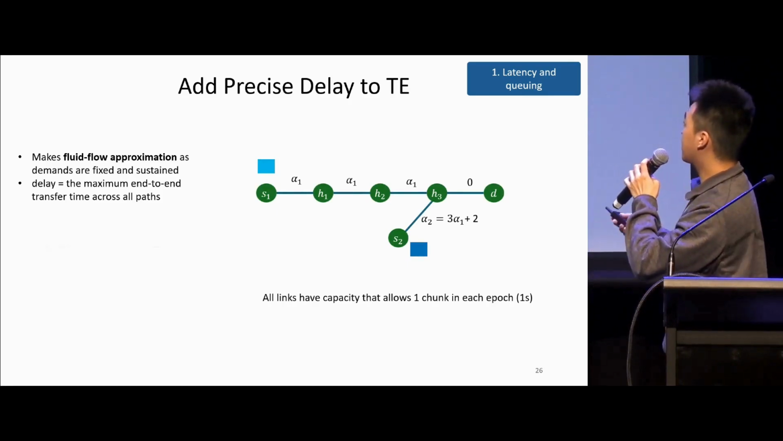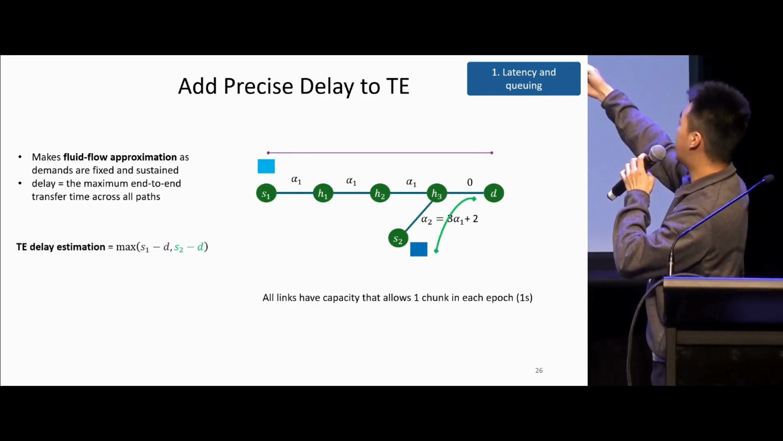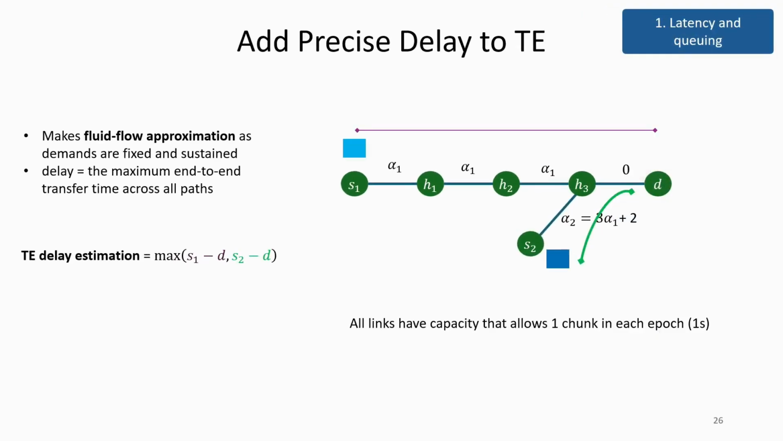All the links over here have the same bandwidth, so they can send one chunk in 1 second. The bandwidth is the same, but they have different alpha delays. Alpha is the link latency. In traditional traffic engineering, we just estimate our delay by comparing the maximum of source 1 and destination and